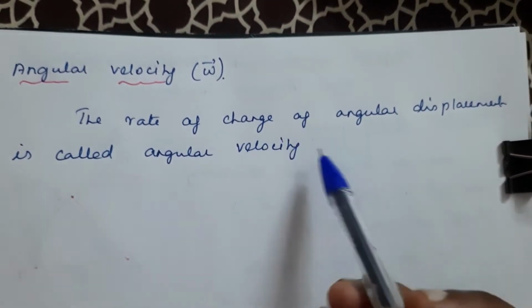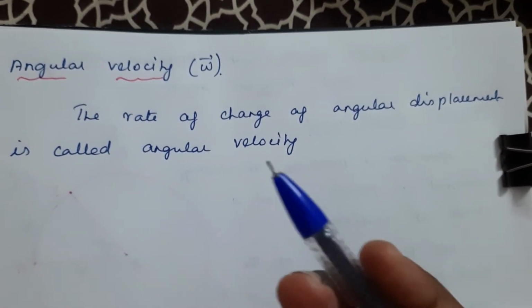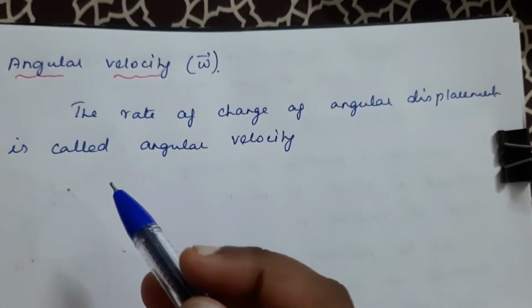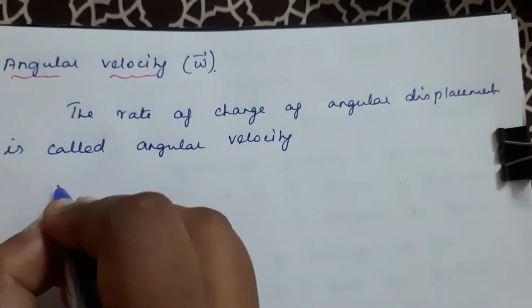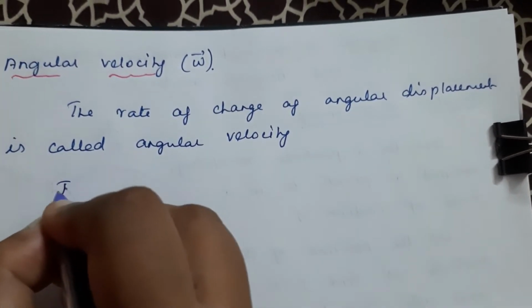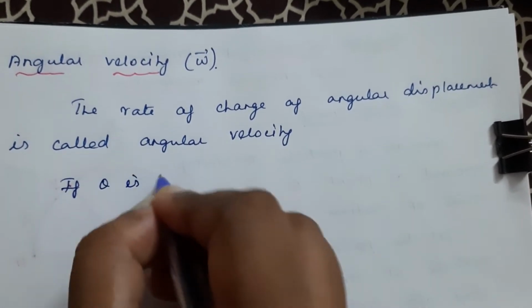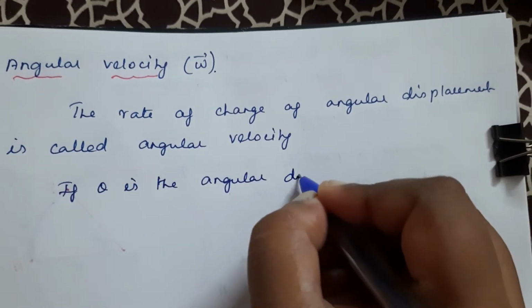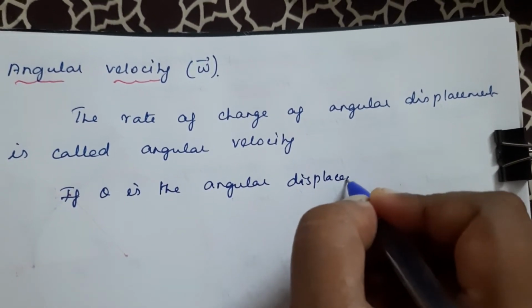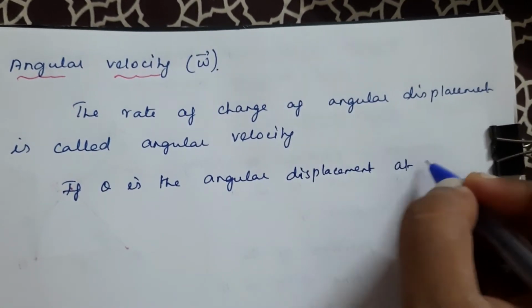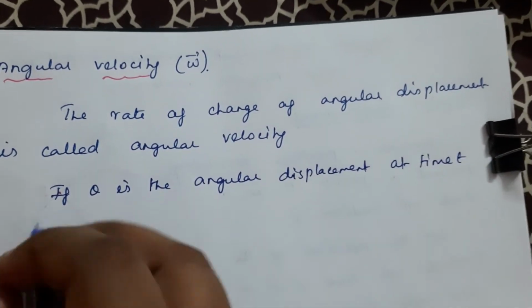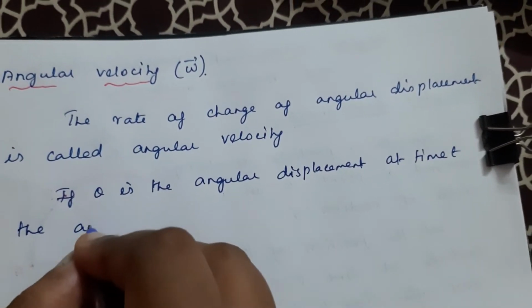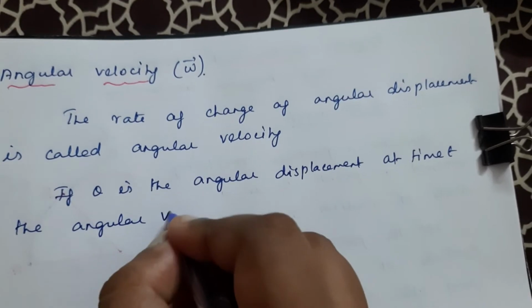The rate of change of angular displacement is called angular velocity. So we know theta is the angular displacement at a time t, then angular velocity can be written as